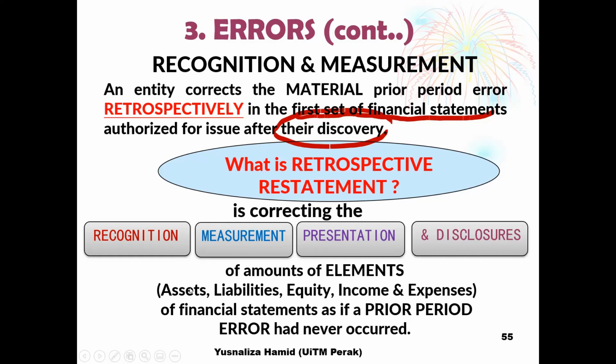So if assets are being corrected, that was because there is an error. Maybe the asset was understated or overstated, and so do liabilities, equity, income, and expenses. Or sometimes that was also due to the wrong record made to the asset. Therefore, that amount of elements of the financial statements must be corrected as if a prior period error had never occurred. So it has to be done